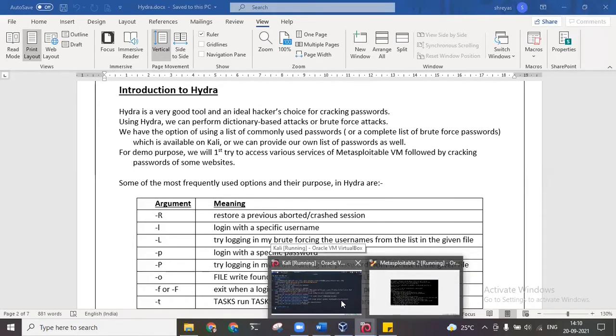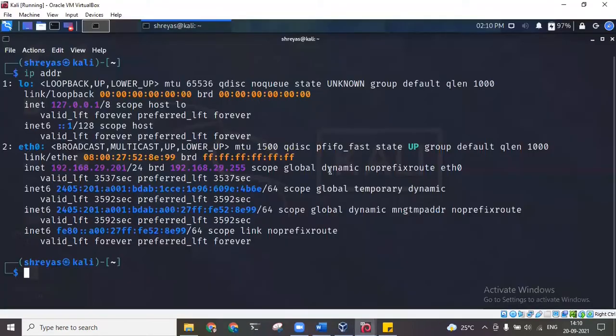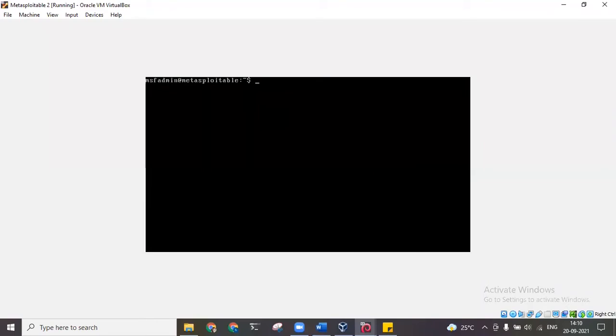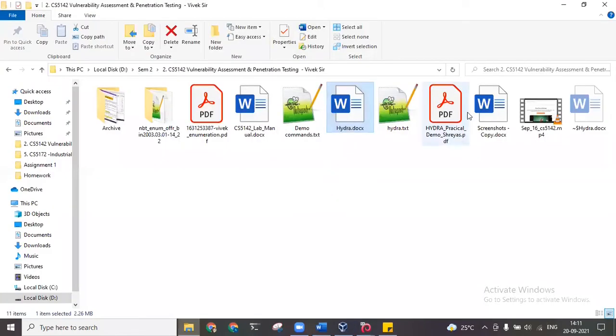For this demo, I will be using two VMs. One is the Kali VM, and the second one is the Metasploitable VM. The first step is, suppose I want to know the password of this Metasploitable VM. And what will I get by knowing the password? Suppose I want to access the files. Let's see the example. When I want to make an FTP connection, I want to access the files on this system, or put some file into this machine. So the question is, how can we do that if we do not know the password of the Metasploitable machine? Using this tool, we can do that.